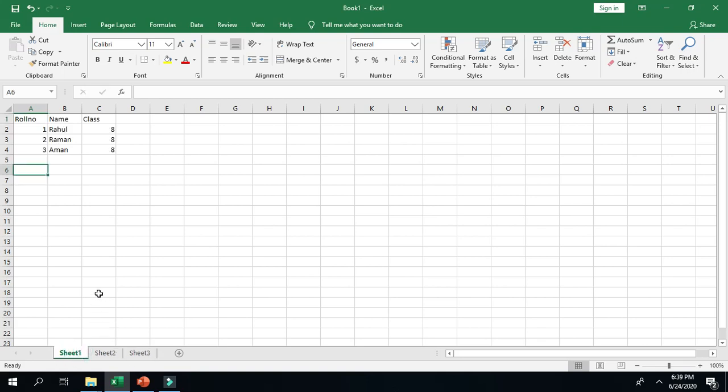Next is renaming a worksheet. See, by default the names of the worksheets are sheet 1, sheet 2 and sheet 3, but we can also change the name of a worksheet. So to change the name of the worksheet, what we will do, we will double click on the name of the worksheet, then we will press the backspace key and then with the help of keyboard we will type the new name of the worksheet.